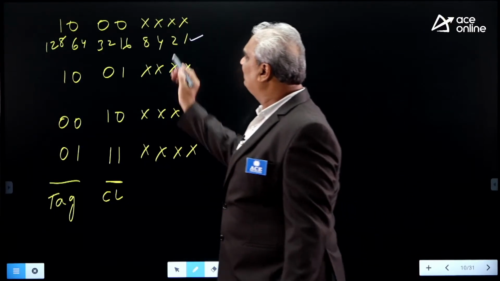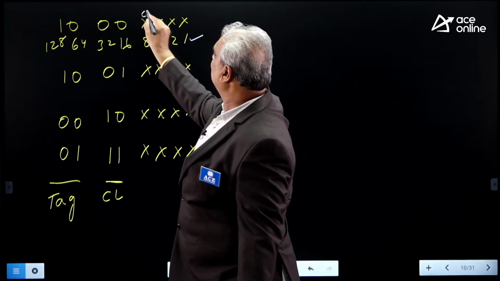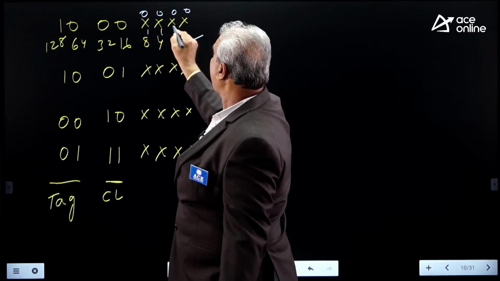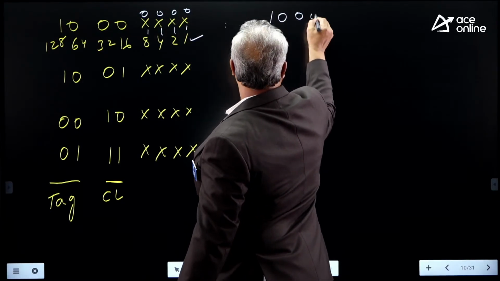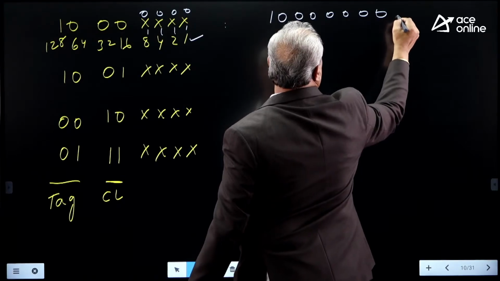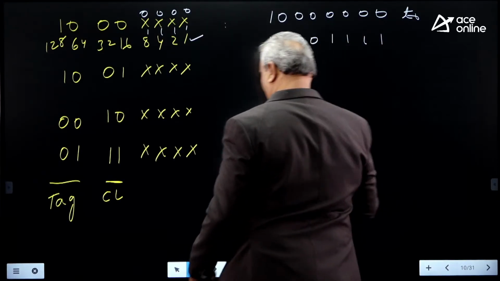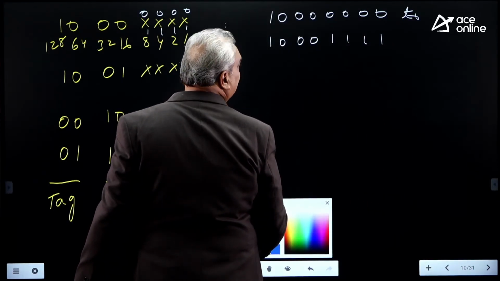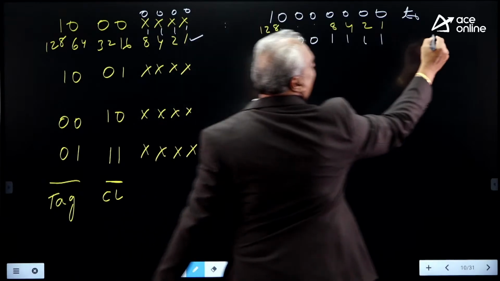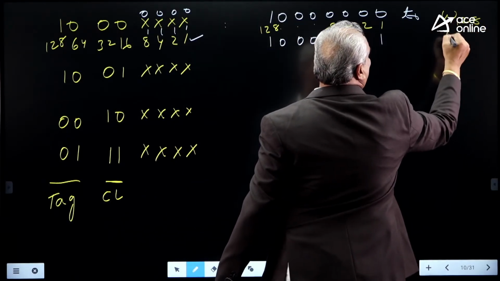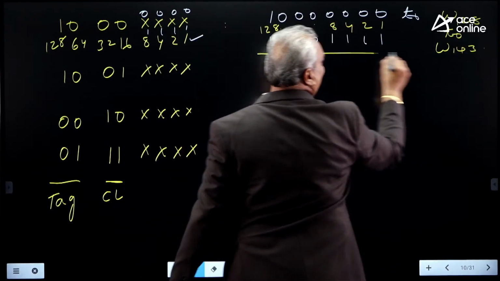Now look here. What about the decimal value for this? The first one is minimum value, all zeros, and maximum value, all ones, means 4 zeros to 4 ones. Now in this, minimum value 10, 00, 0000, where 10, 00, 1111. What about the decimal value for the same? Very simple and very clear. 1, 2, 4, 8, 16, 32, 64, 128 means W128